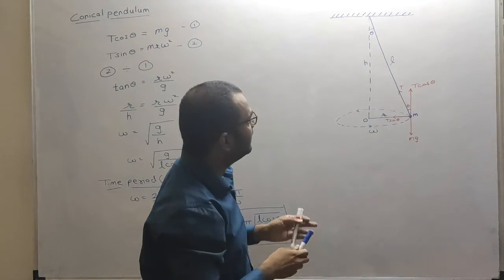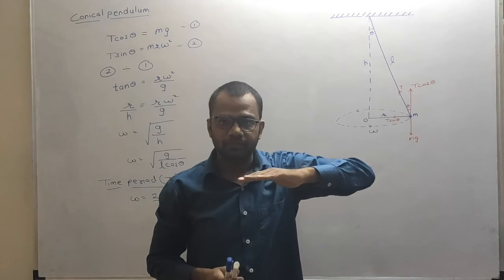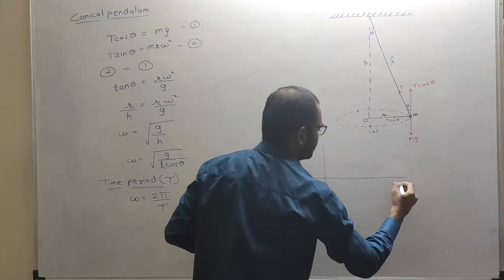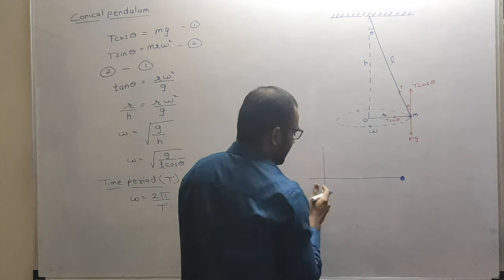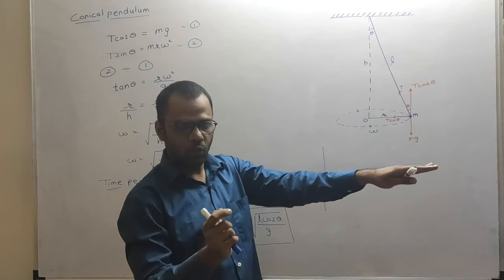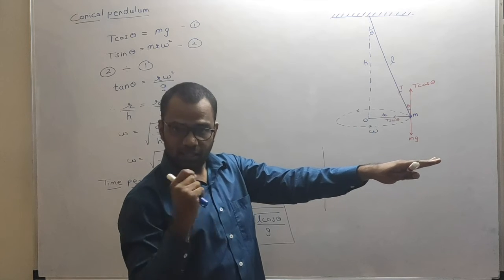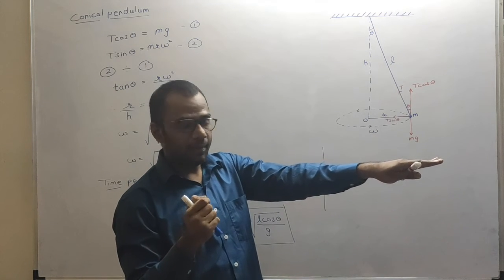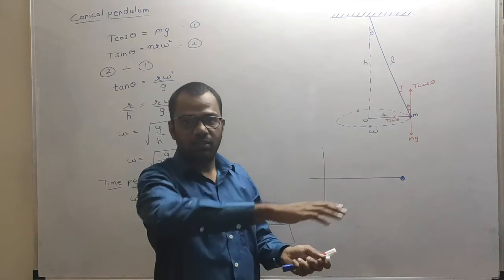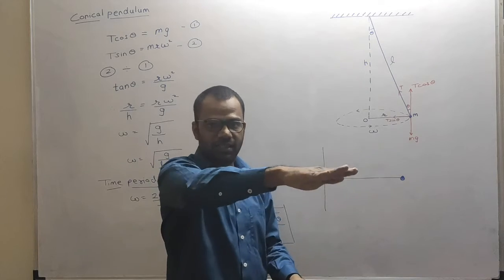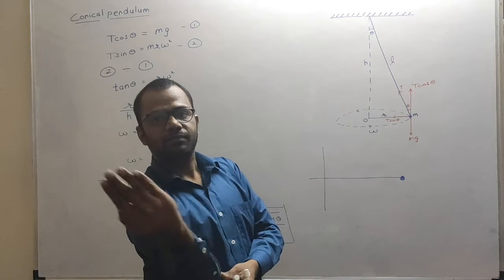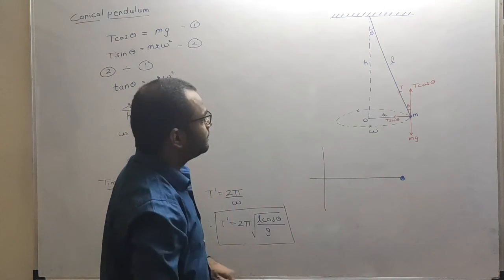That means, can that theta become 90 degree? If the theta becomes 90 degree, our diagram will be like this. This is the bob, and our string is exactly horizontal. That means we are literally rotating the bob in a horizontal circular motion, with the string outstretched in this direction. Now the string will not describe a conical surface. The string itself will describe a disc. Right?